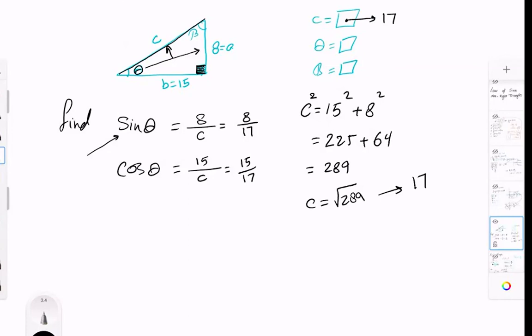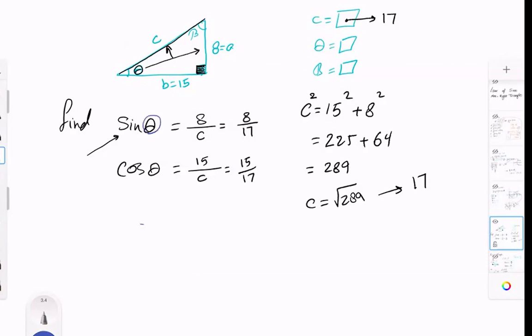Anybody? You have to use the inverse. Very good, Megan. Very good. So in order to find the